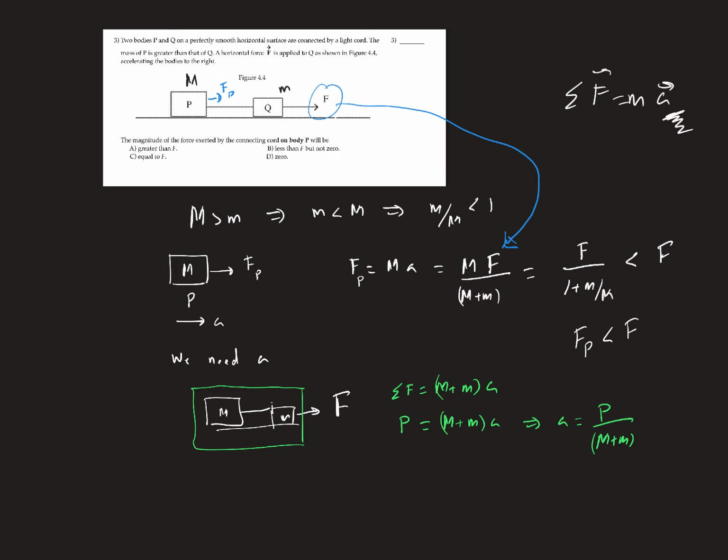So the acceleration follows the total force. So if the total force is like this, the acceleration must be here. It must be in the same direction, because m times A,